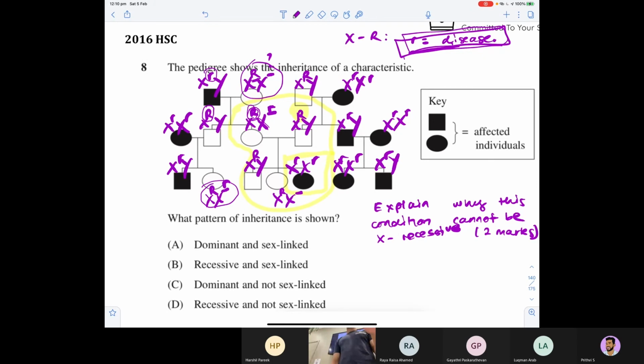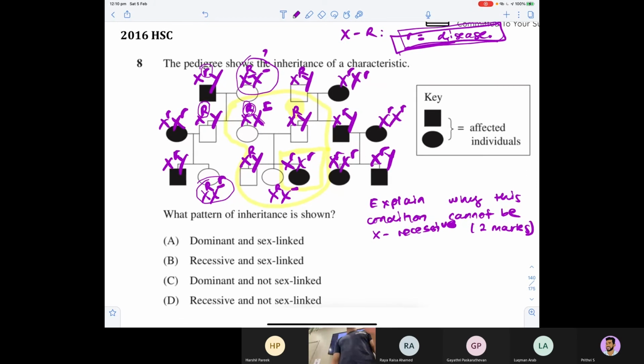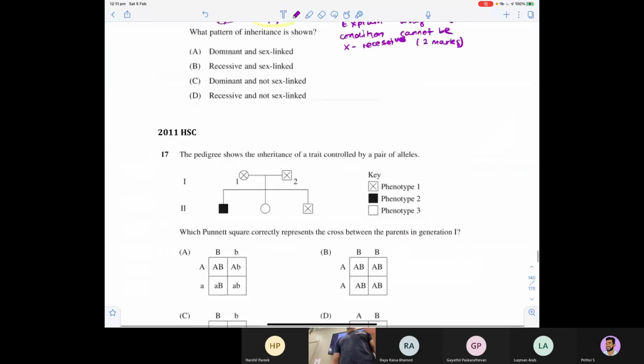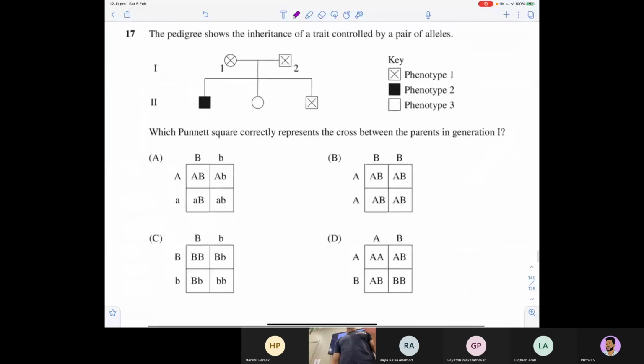Good. I think enough pedigrees. You have all the skill and arsenal now to do any pedigree question. It's now in your hands to repeat and practice again and again. Okay? Good. All right. This is definitely not the hardest part of HSC Bio. Now,